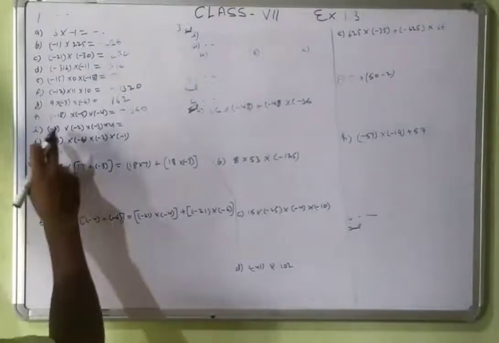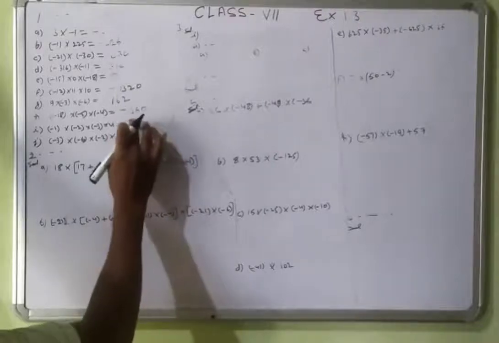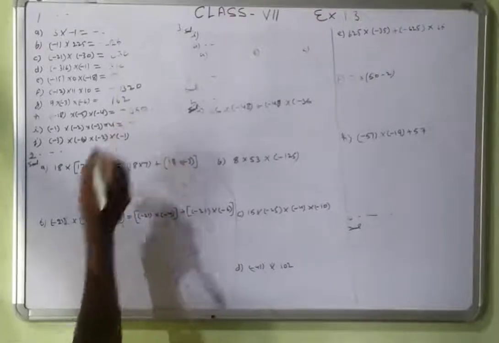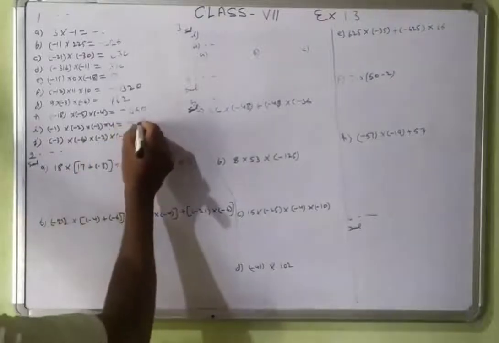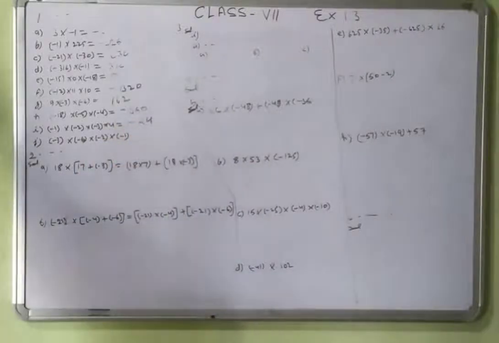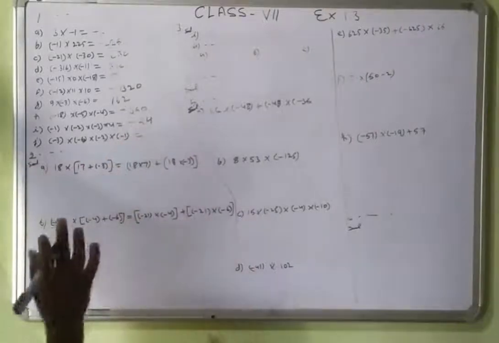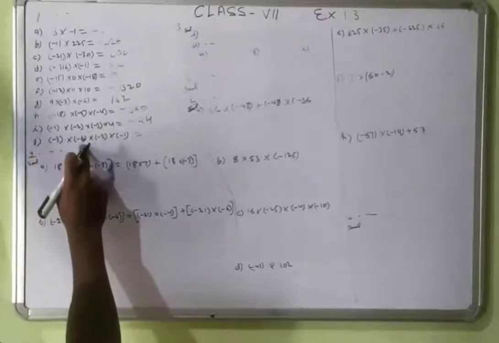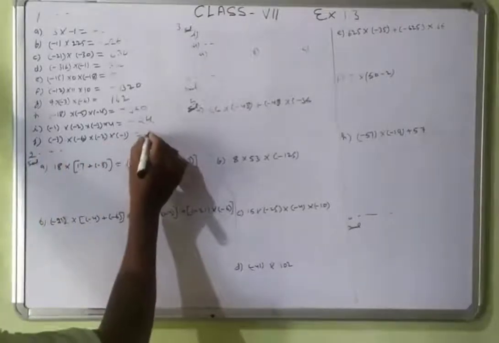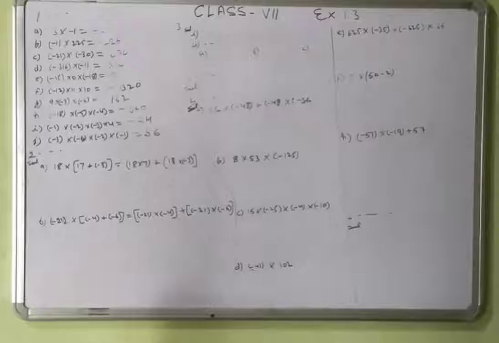Next there are 3 minuses, so minus. It means we are concentrating here only on plus or minus. 4 3s are 12, 2s are 24, that is 24. In the J part there are 4 minuses, so that will be plus because 4 is even. So 3 6s are 18, 18 2s are 36.